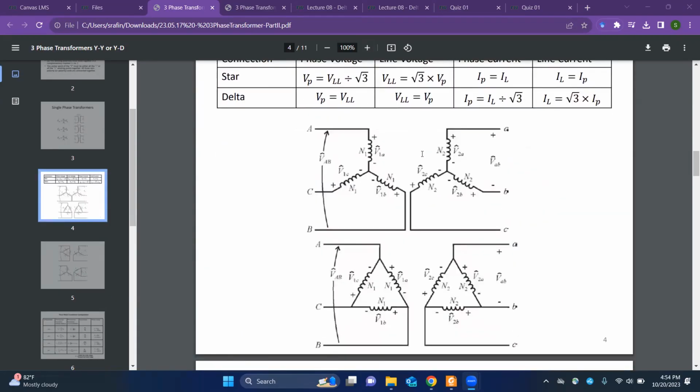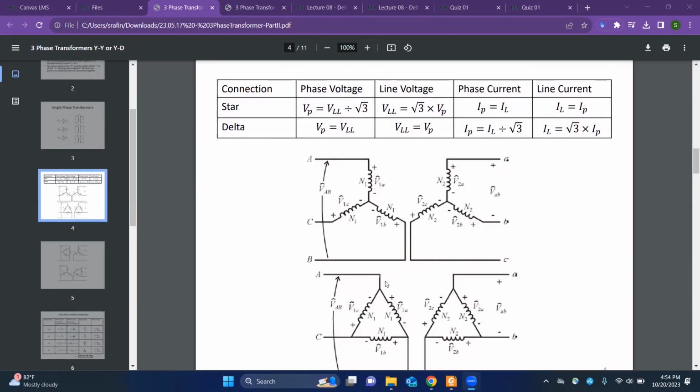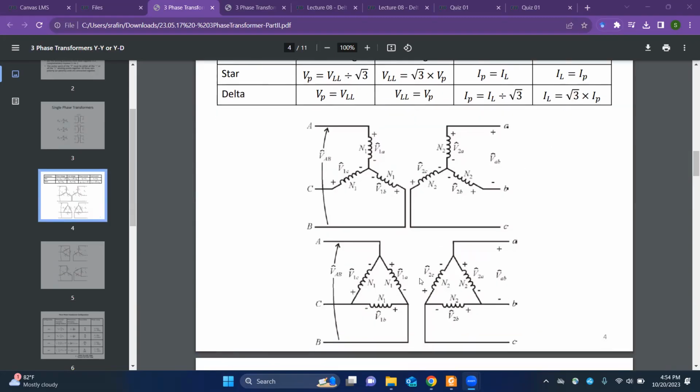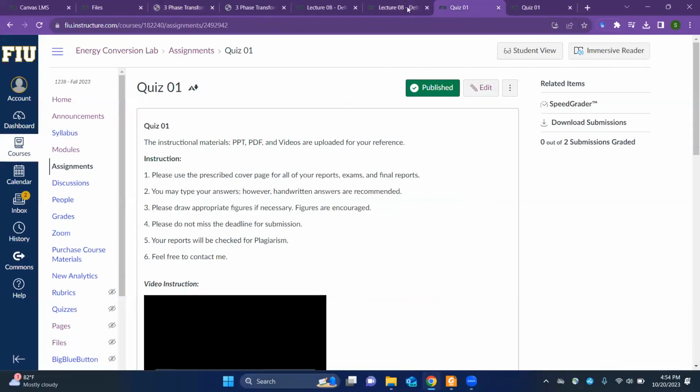Now what I'm going to do is show you two video clips where I demonstrated delta connection with load and Y connection with load. So the primary side will be Y connected and the secondary side will also be Y connected, and the load is also Y connected. For this first case, it will be delta, delta, delta. So let's go to the